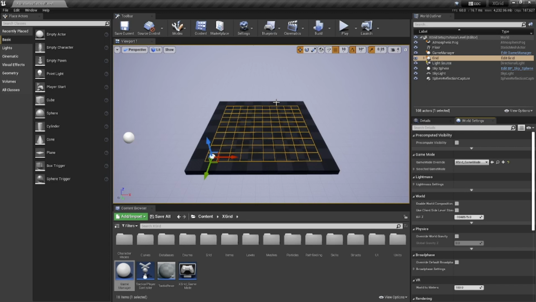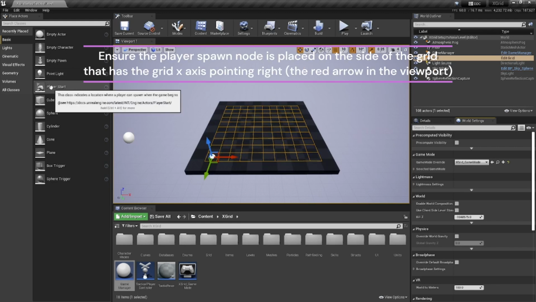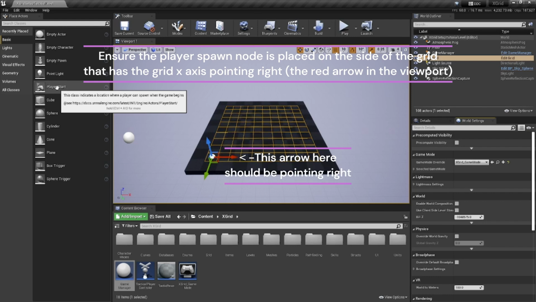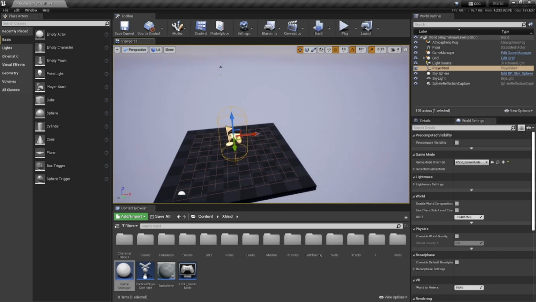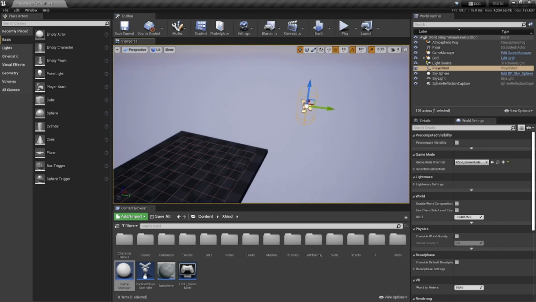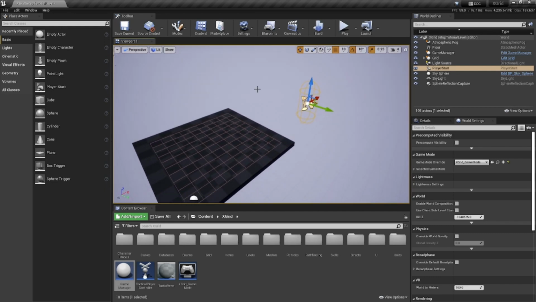Now the last thing that we're going to want to do is add a player start actor. And XGrid is a little particular about where you put it, so let me try and be clear about where we're going to be putting it and where it's going to be facing. We can pull it up right over here, and what we're going to want to do is rotate it so that it faces the grid. So we'll rotate it -90, and then on the x-axis we're going to want it to look down, such that